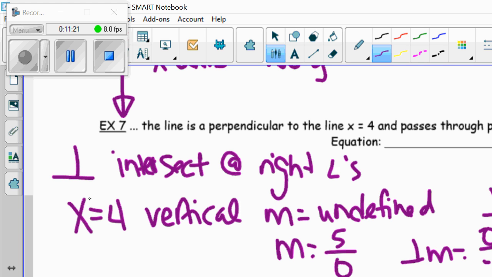I told you to memorize what kinds of lines have a slope of 0. These are horizontal lines. The horizontal line looks like this. A horizontal line goes through the y-axis and contains no x. So I know that my equation is going to be y equals. Again, I look at the point that they give to me, 4, 8. My y value is 8. So y equals 8 is the line that is perpendicular to x equals 4 and passes through the point 4, 8. We need to memorize that horizontal lines